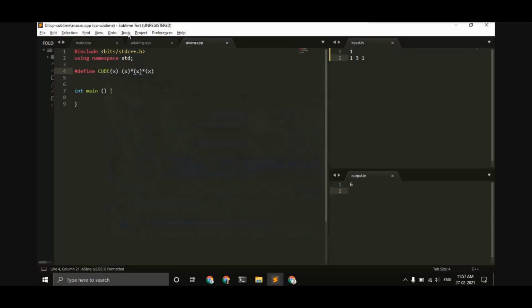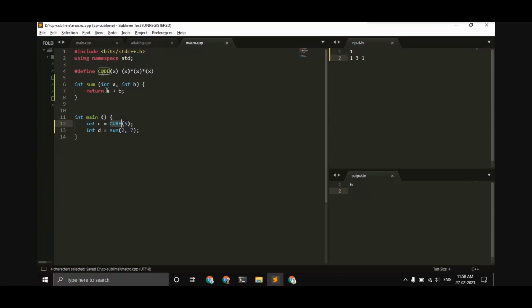And let's have a function int sum, which takes a, b as arguments and returns a plus b. Inside main, let's have int c equal to cube of 5, and int d equal to the sum of 2, 7. Let's just do this for now.